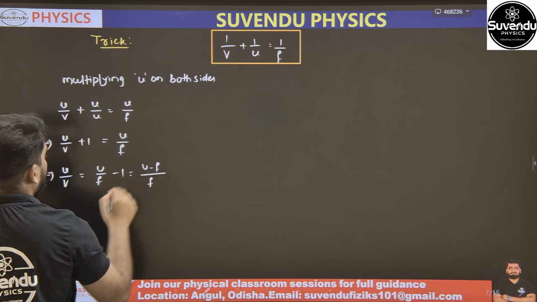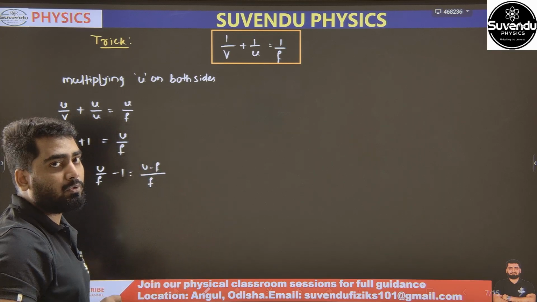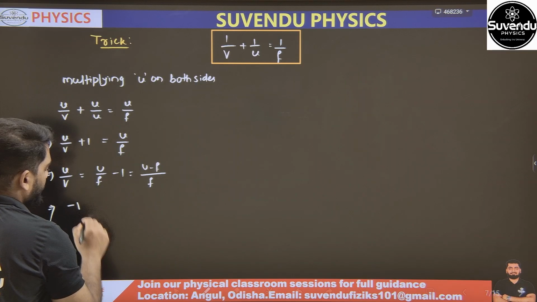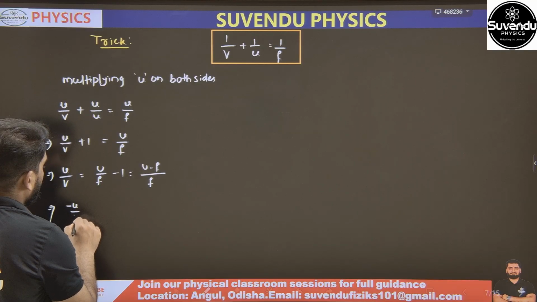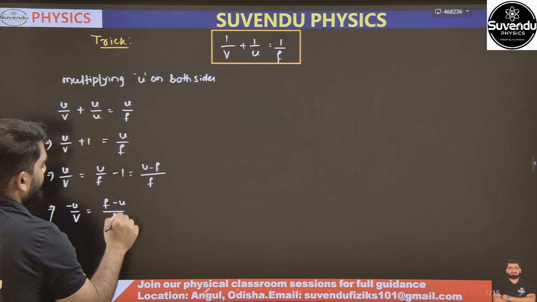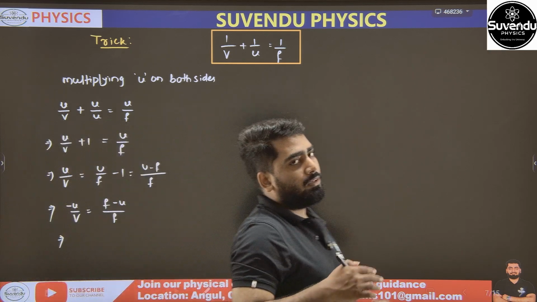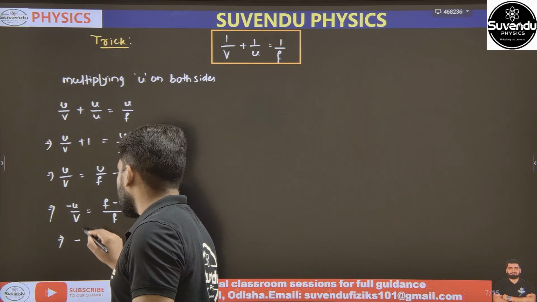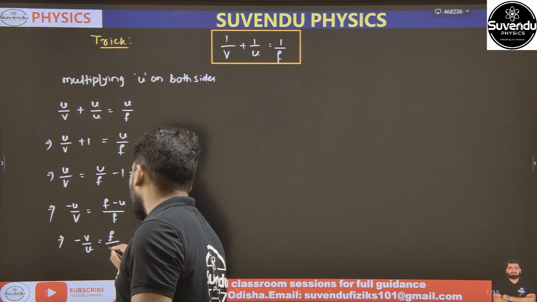u minus f. तो क्या करो, अभी दोनों साइड पे -1 मल्टीप्लाई करो. ऐसा क्यों कर रहे हैं हम लोग, बाद में पता चलेगा. तो दोनों साइड पे क्या होगा, -1 मल्टीप्लाई करने से this term will be minus u by v, ये क्या हो जाएगा, f minus u by f. तो अभी क्या करो, रेसिप्रोकल ले जाओ, इस साइड पे रेसिप्रोकल ले जाओ. So minus u by v का रेसिप्रोकल क्या होगा, minus v by u, and इसका रेसिप्रोकल क्या होगा, f by f